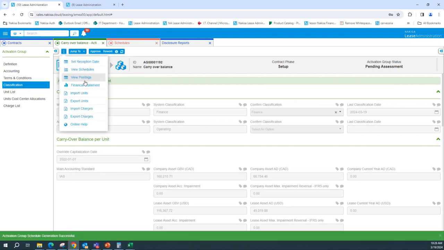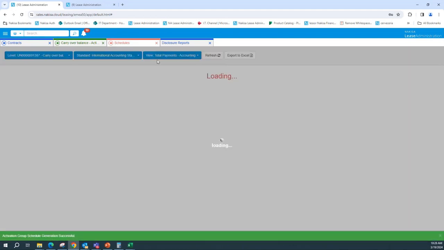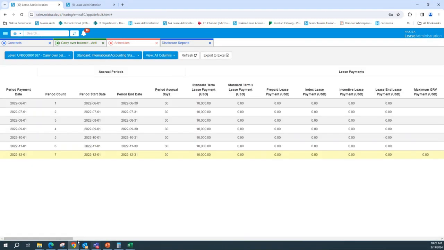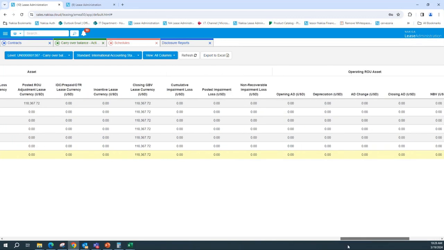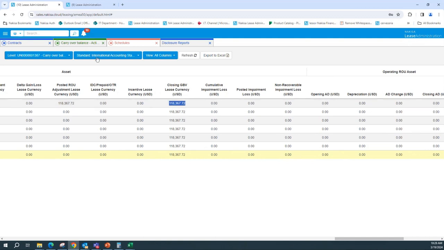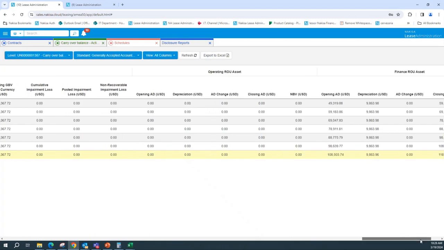And let's check the schedule. We have all column. And for IFRS, this has not changed. So we have 49,318 and the GBV is 118,000. But for US GAAP finance, if you go to the extreme right,